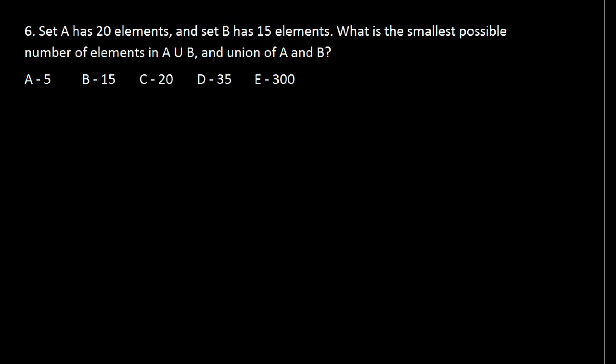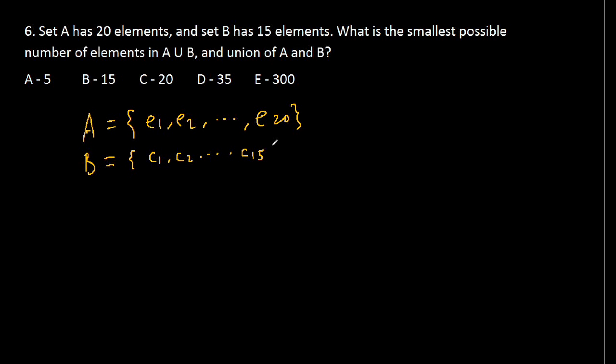Question number 6. We have a set A that has 20 elements, and we have a set B that has another 15 elements. What's the smallest possible number of elements in A union B? So the smallest amount will happen if all of this happens to be the same as